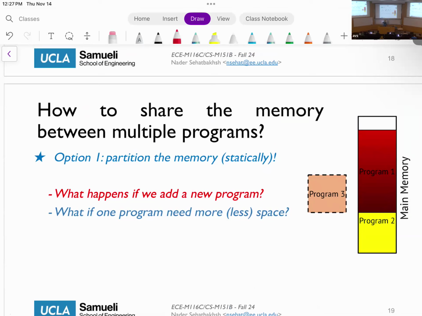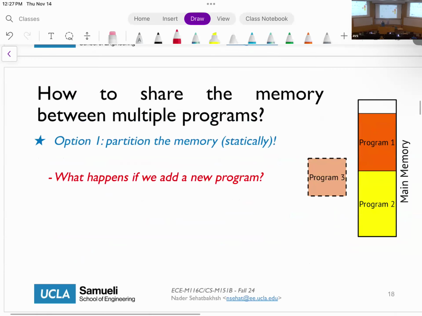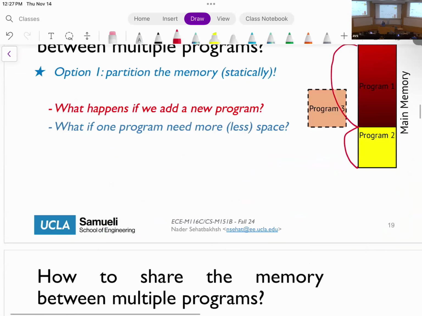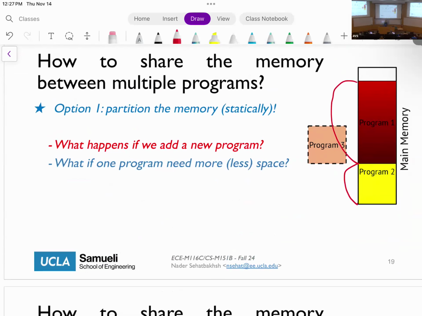And you can say, okay, I'm not going to let a program grow, but that will lead to performance and utilization issues because, for example, let's say program 2 only needs this much and program 1 could benefit from growing. If you don't let that happen and say, okay, no, I'm going to divide it in half, then probably you're going to waste the space that could have been used for program 1, right? So you also want to allow the systems to dynamically grow or shrink as long as their correctness is not hurt. So based on these problems, static-based partitioning is not the most desirable,